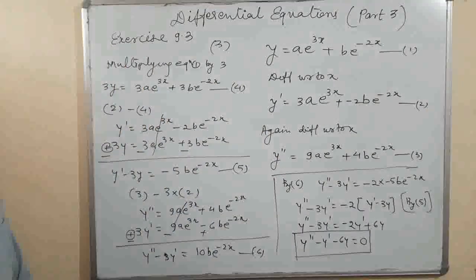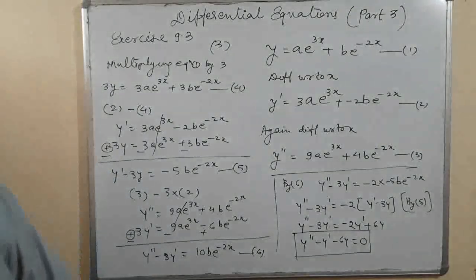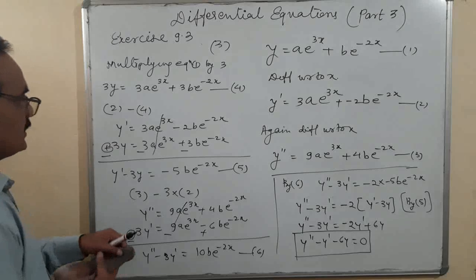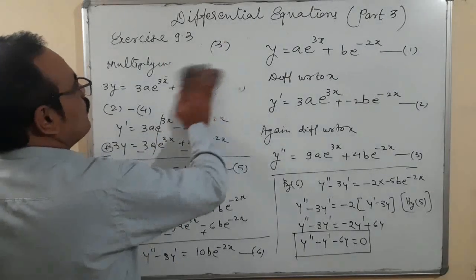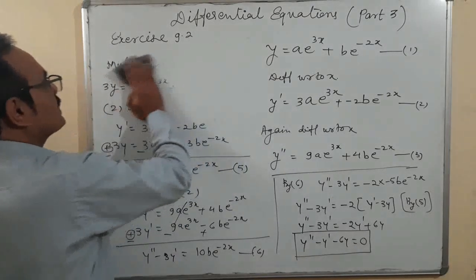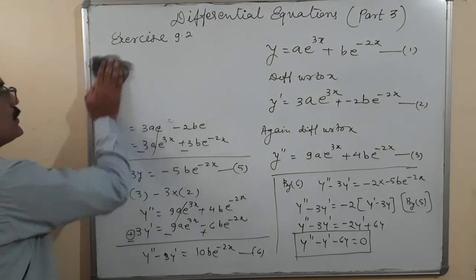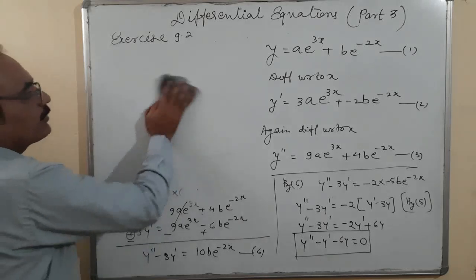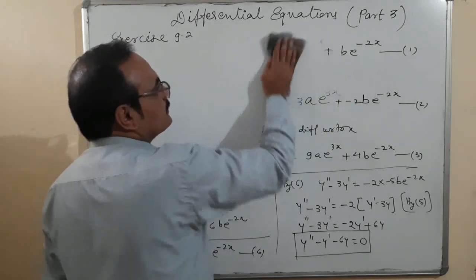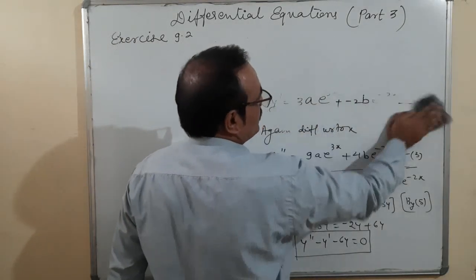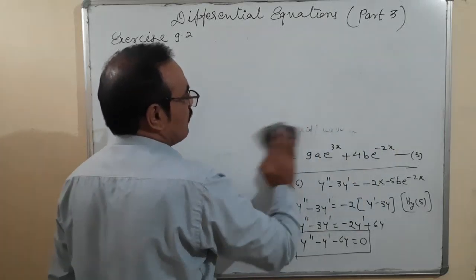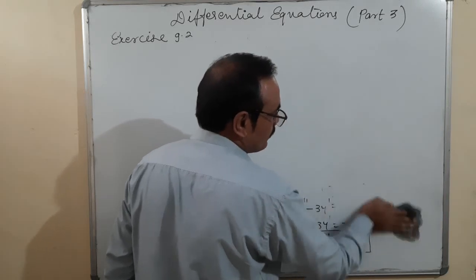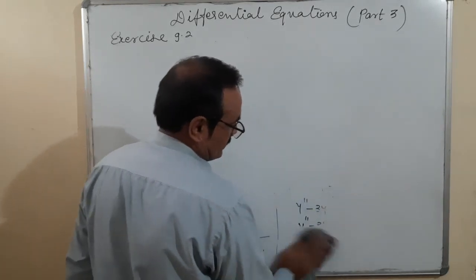Is it okay? So as I told you, in some of the questions the procedure of eliminating the constants is not easy. Whenever there are two arbitrary constants, first you will differentiate 2 times. After that you will try to eliminate any one of the arbitrary constants, and then follow with the second one. Or in another way, if they can simply be calculated and cancelled, we can cancel them.